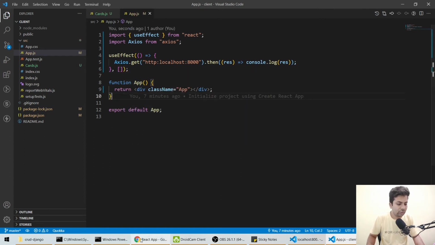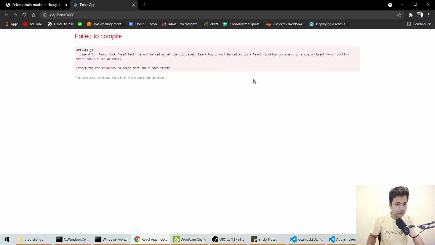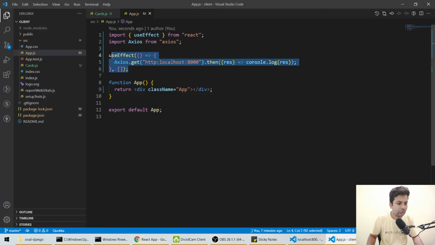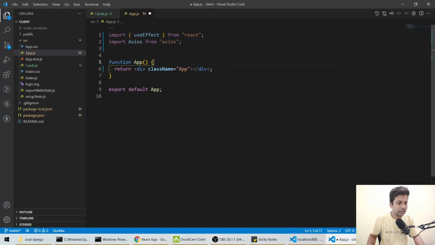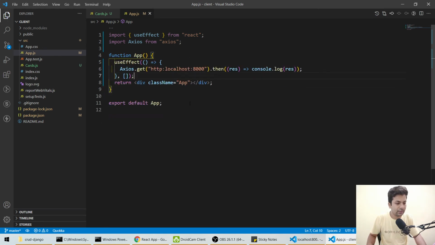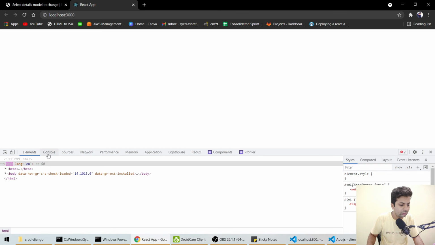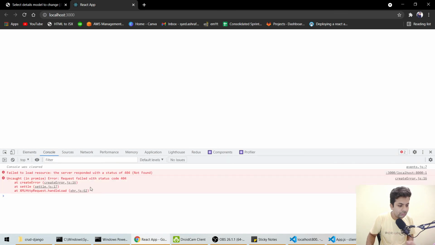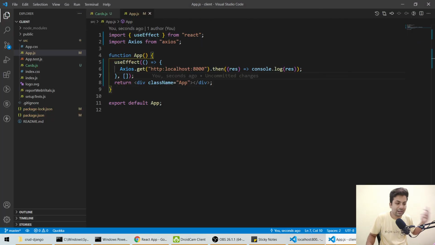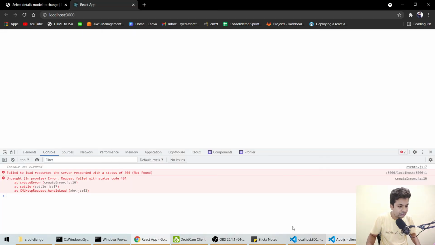Now if we go here, I have called it inside the functional component. If I save it, go to inspect console, it fails with a 404 request. My bad, there is some error, status code 404.